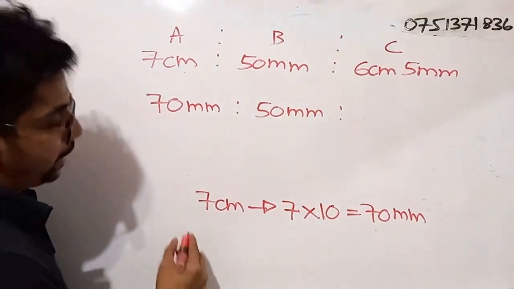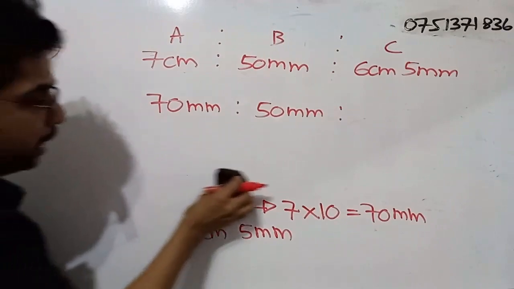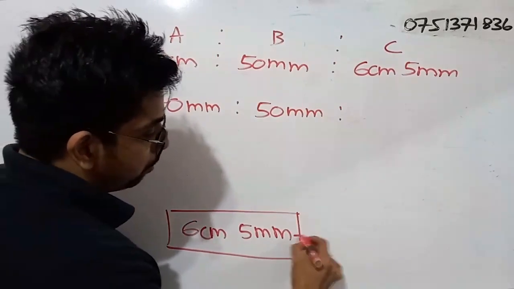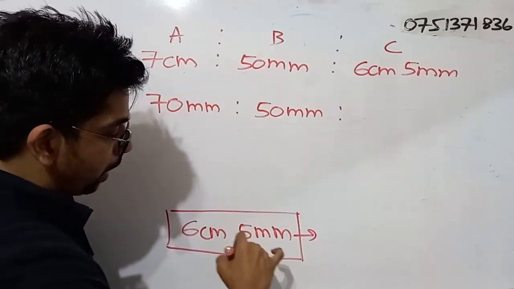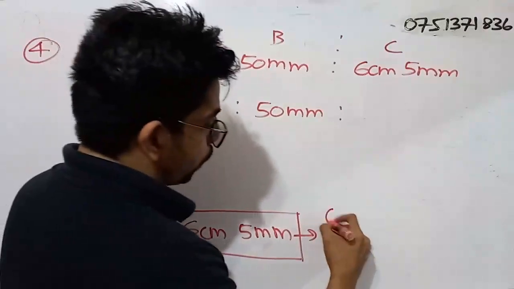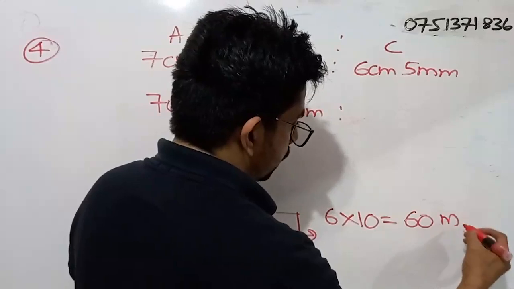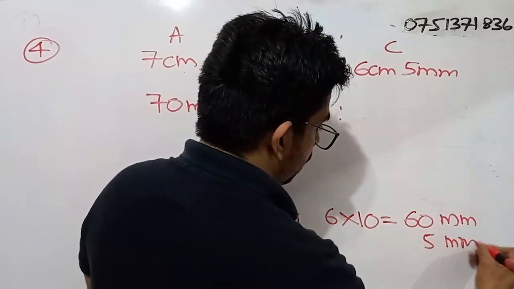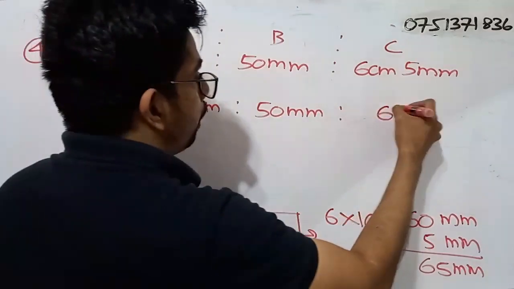Right, so now we will take 6 centimeters and 5 millimeters, right? And I will erase this up. So we have to convert this entire measurement into millimeters. So we don't have to do any conversions to the millimeter part. We only have to do the conversion to the 6 centimeter part. So 6, we have to multiply that by 10. So we get 60 millimeters. To that, we have to add 5 millimeters, right? So we get what? 65 millimeters. So C will be what? 65